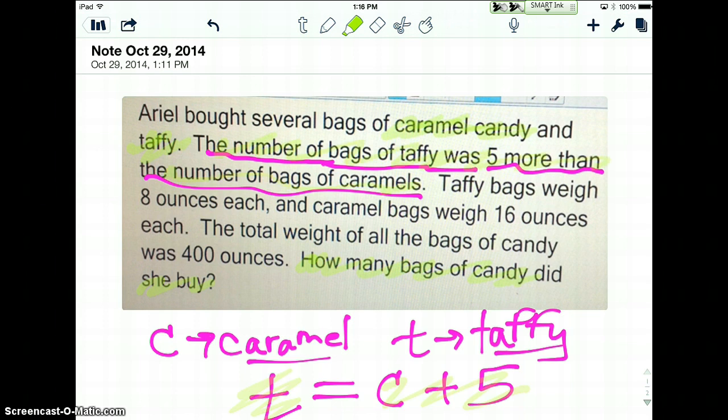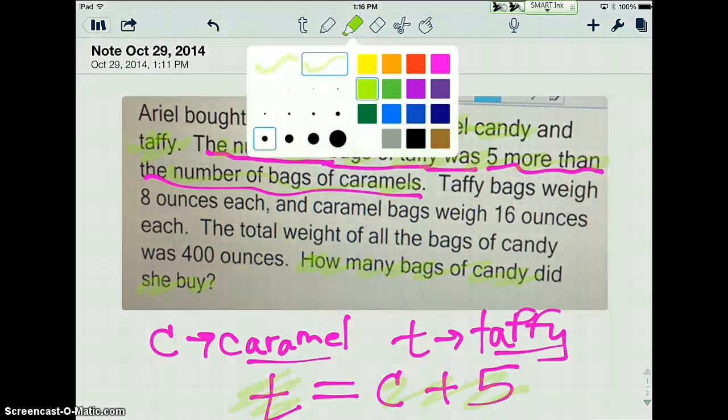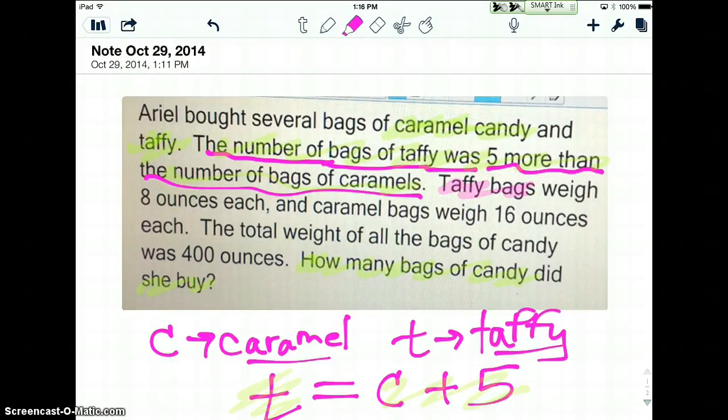So now the next sentence, actually the next two sentences, is going to give me the second equation. So it goes on and says taffy bags weigh 8 ounces each. Caramel bags weigh 16 ounces each. Do we know how many of each one we got yet? No. So my next equation is going to be 8 times the number of taffy bags that we get, because each one is 8 ounces. So I'm going to write that here. I have 8